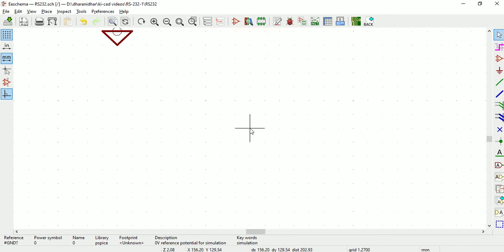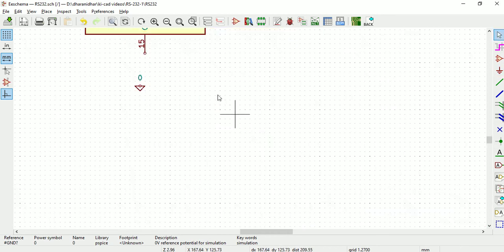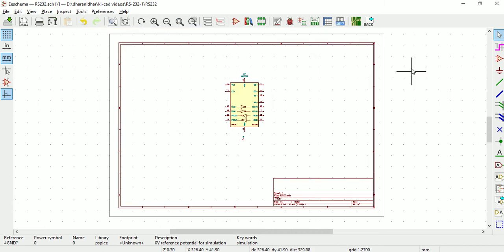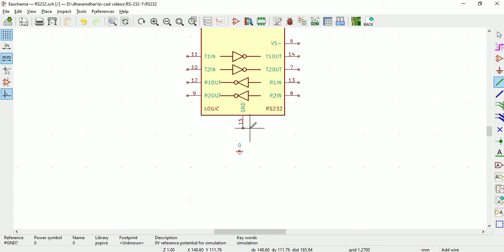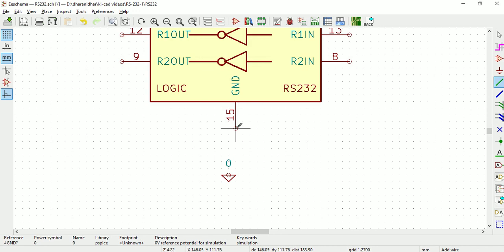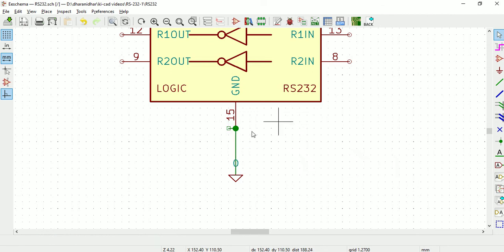So you just select whatever kind of power or grounds are required. If you want to have this kind of symbol, you can use it. That is again a simple connection. And then if you want to connect something, just click on that wire, click here, and then again click at the second point where you want to connect this. I did Ctrl Z now because the connection was not clear.